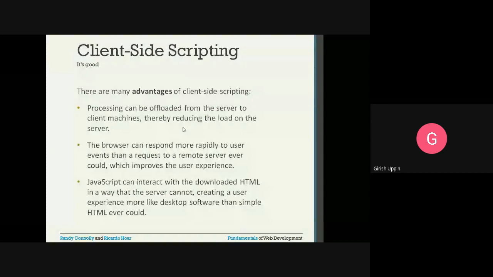So here you can see that just to validate whether a particular item is a number or not, we have to make a trip to the server. The request has to go to the server. The server will do the processing, and it will respond if there is any error or if it is accepted.